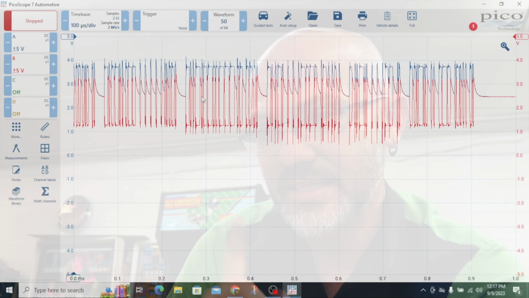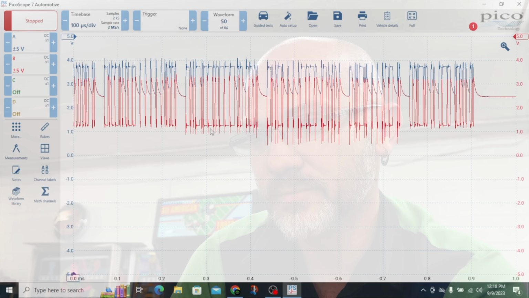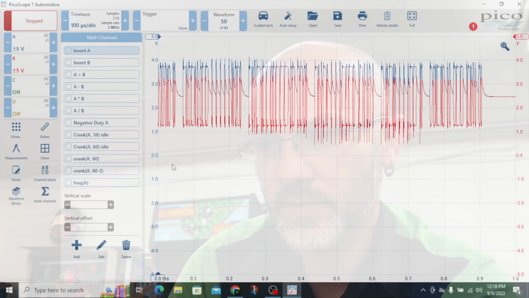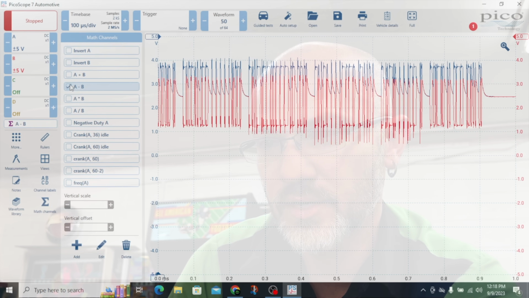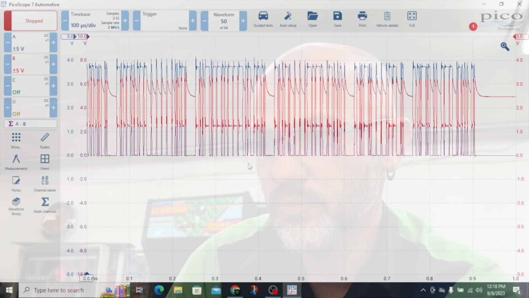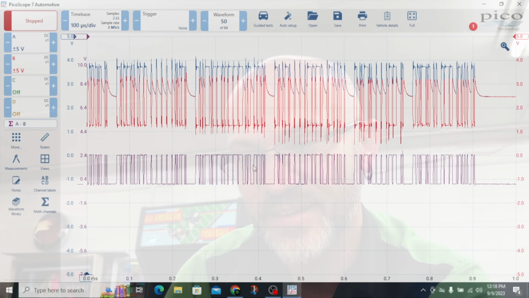Most modules can still read this and are completely fine with it because they're sampling at the higher and lower end of that voltage range to see what that message actually is. And then they're also doing a comparison. So if we do a math channel here, is it A plus B? Yeah, or A minus B. You can see that, let's move this down, that looks like a very good CAN message